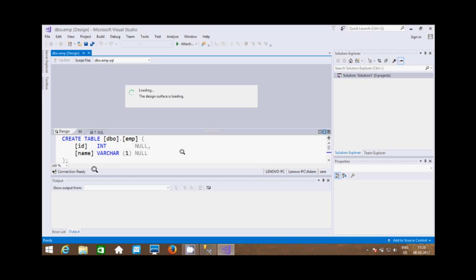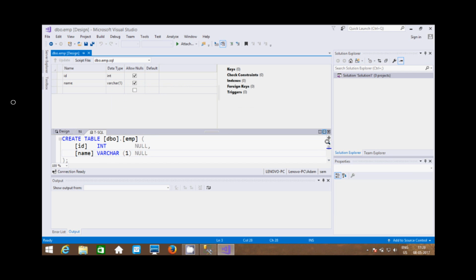It also comes up here in Visual Studio: ID integer and name varchar.